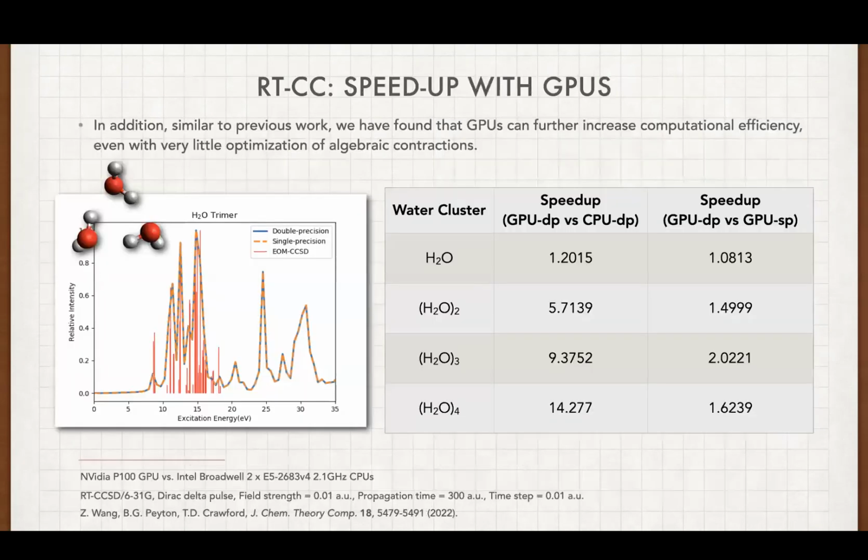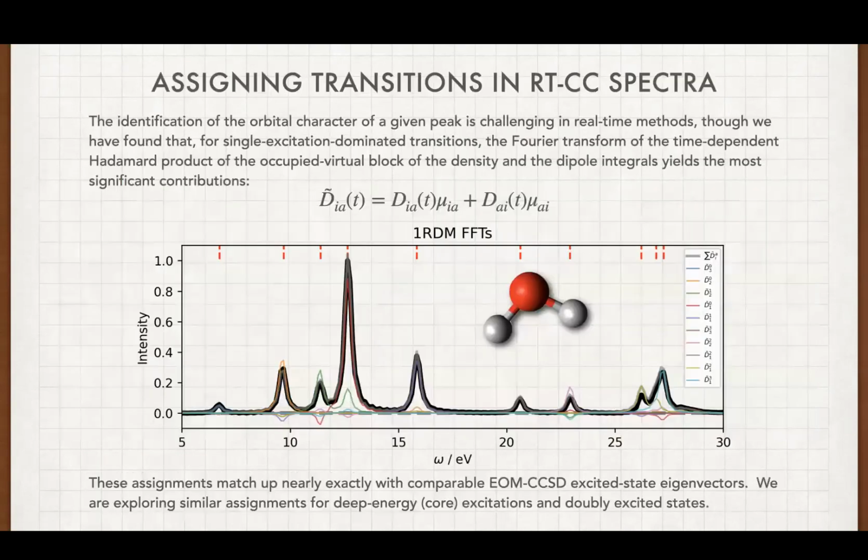We also worked with a GPU version of our code to see what kind of improvement we could get from this. And what we see is, for small water clusters, comparing a GPU in double precision versus a CPU in double precision, we can get a little bit better than a factor of 14 speedup in those calculations. And this is not a sophisticated GPU implementation. It is very straightforward. We could optimize this, but to begin with, I was very happy with a factor of 14. At least I'm very optimistic about it.